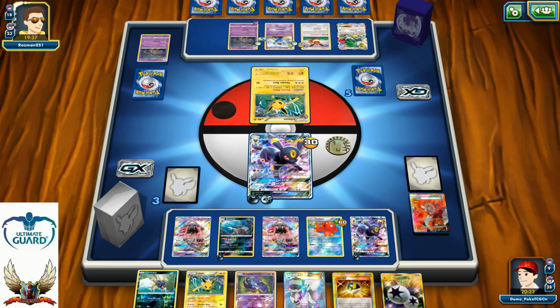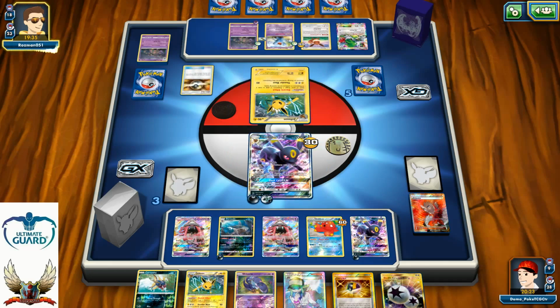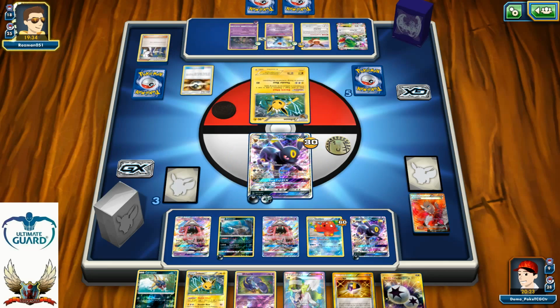Anyways, I'm down to 3 prize cards, but my opponent will also go down to 3 prize cards right now after this knockout against my Umbreon. So I hope he can't find a Floatstone for that Garbodor, because if he manages to find a Floatstone for him, well, I'm definitely in a very bad spot. Anyways,